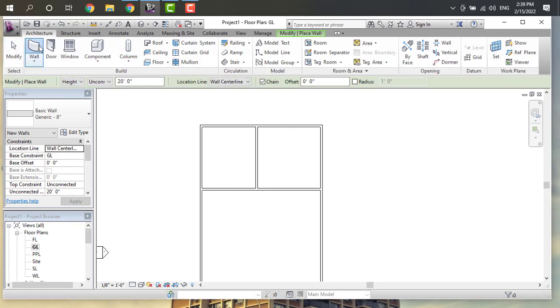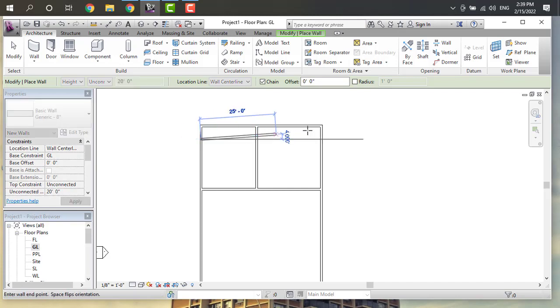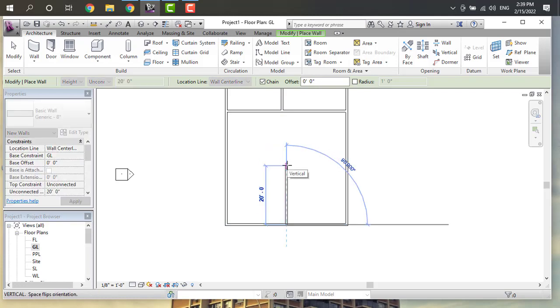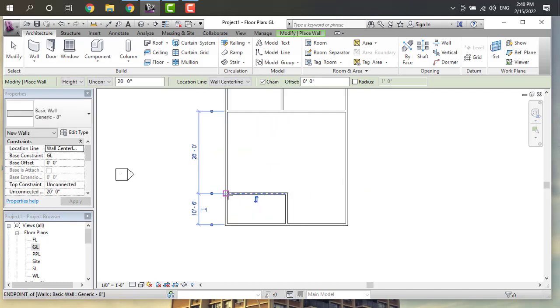By using this we have to draw a plan, first of all the 2D plan, and here I want to give bathrooms.